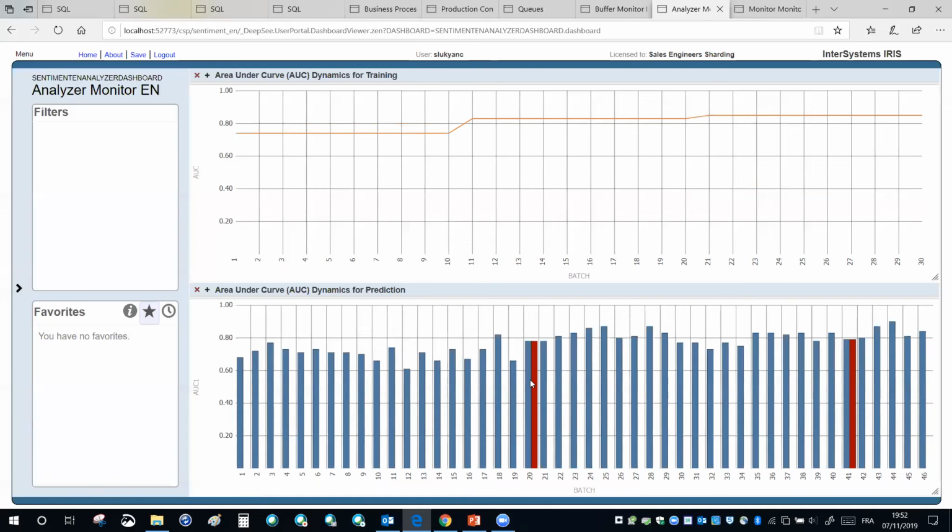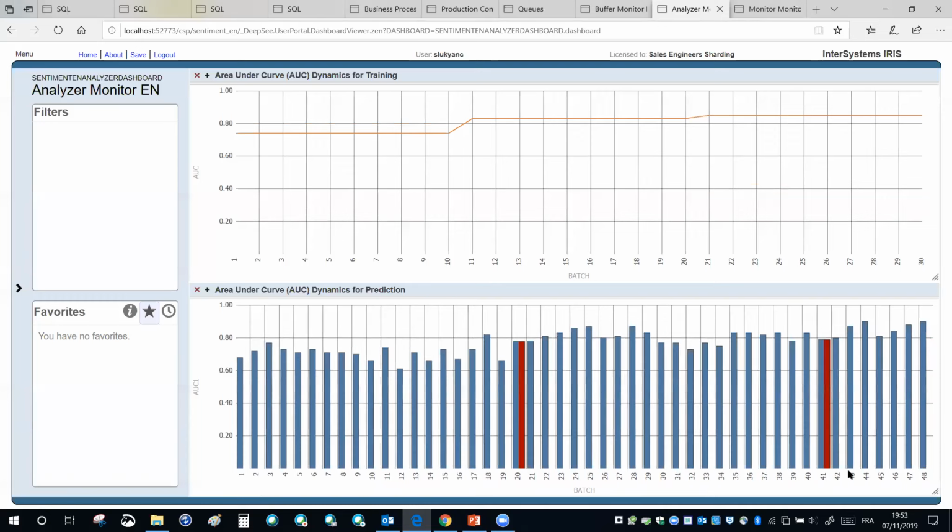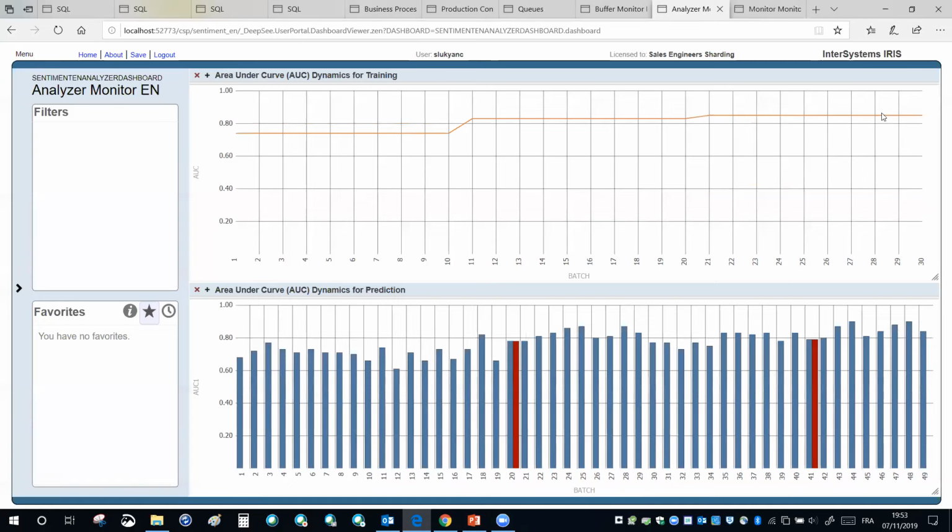Further on, you see that after the second training, the system has been running without training for 21 batches, which is also a small but progress. The higher the accuracy achieved on the training, the longer it will run. So we have survived the third training here, and we see it on the graph.